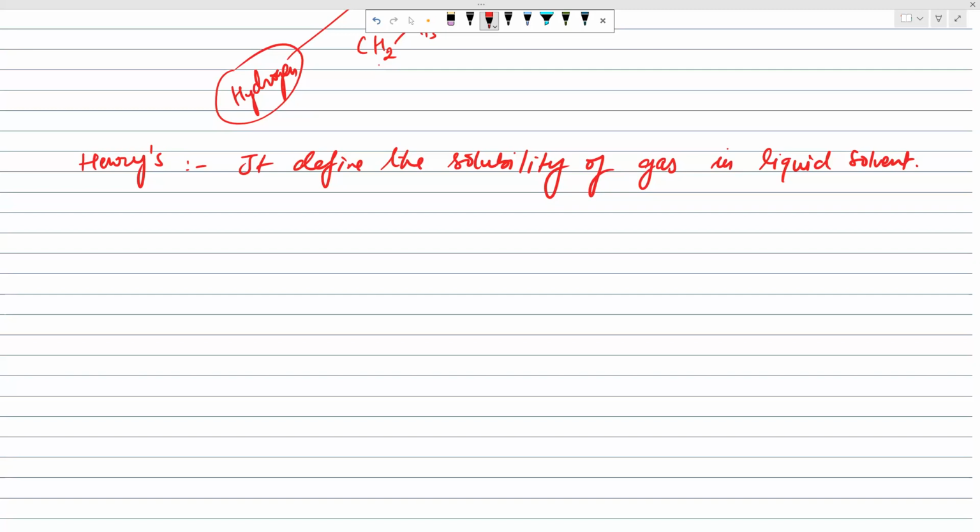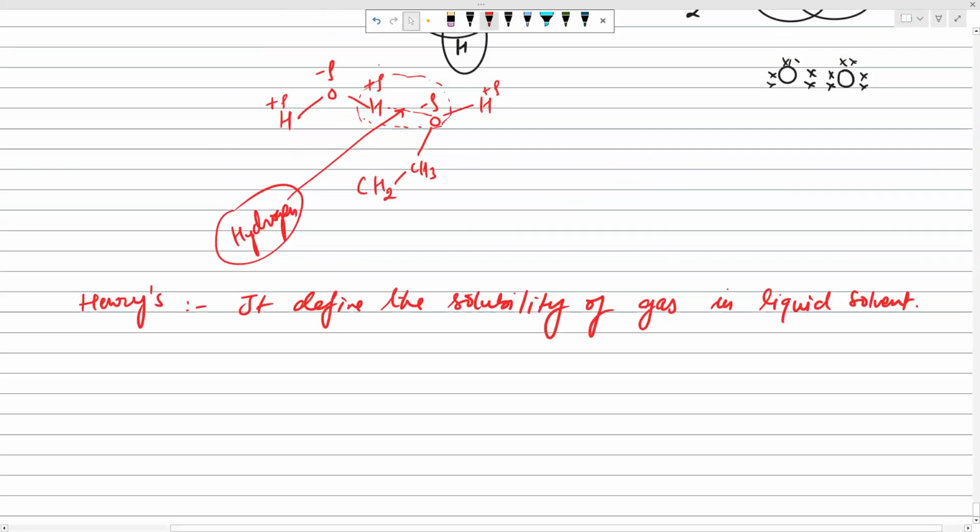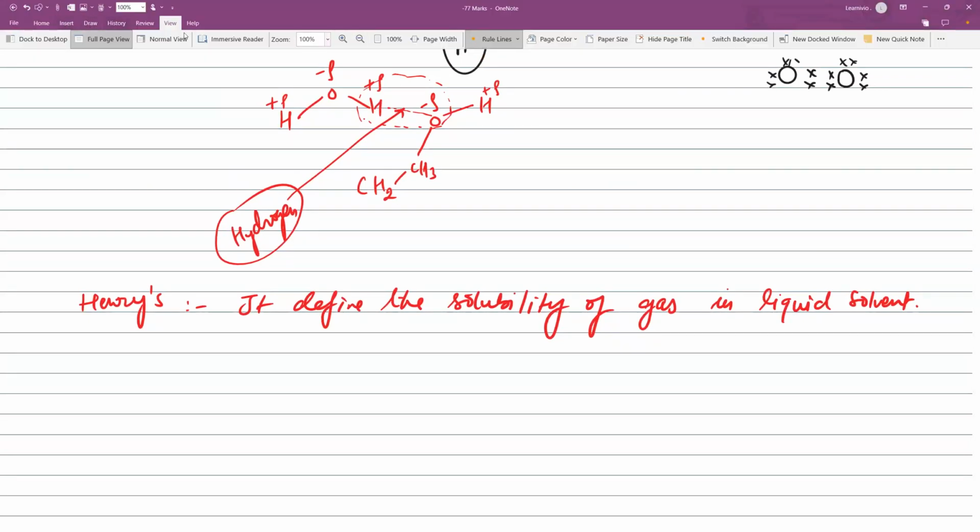So if I talk about solid substance dissolution in liquids, we will simply say that on increasing the temperature, the solubility of solids increases with increase in temperature. Solubility of solids in liquid increases with increase in temperature. So if I write it, one point here is that solubility of